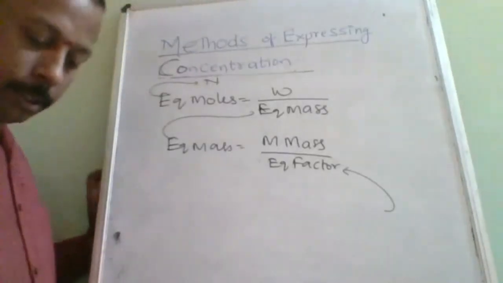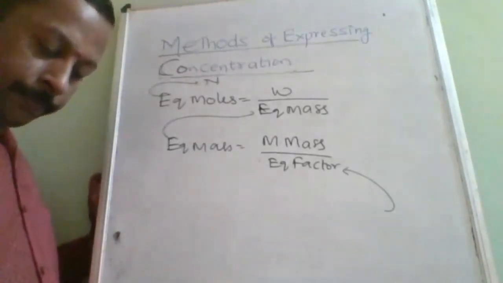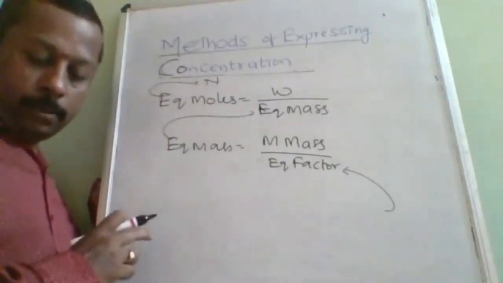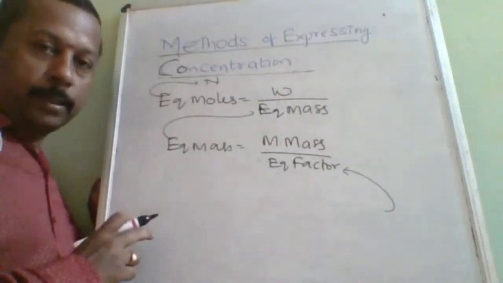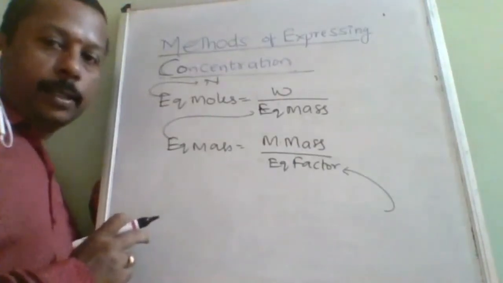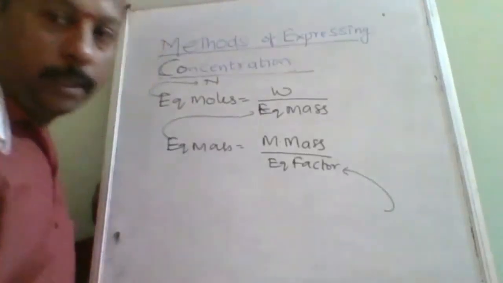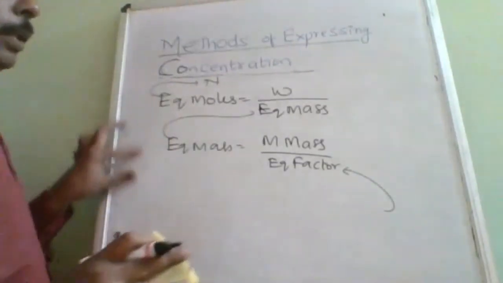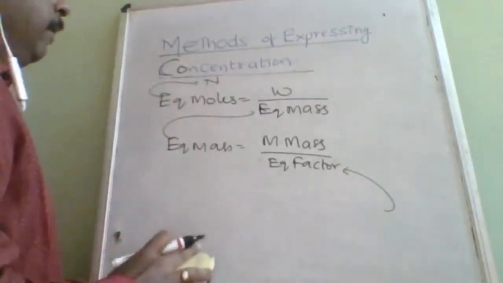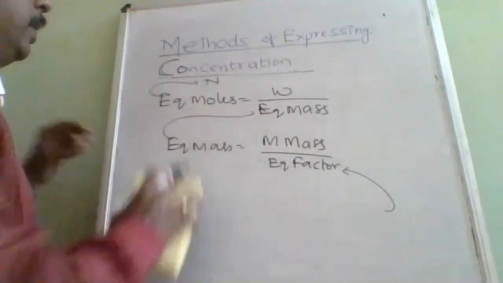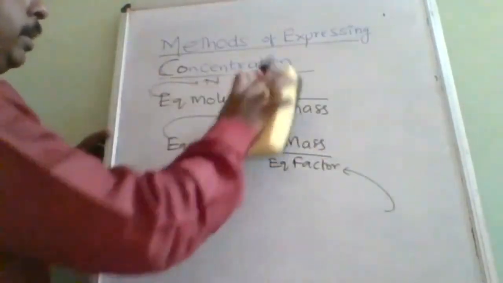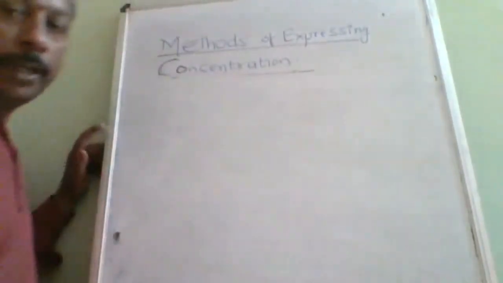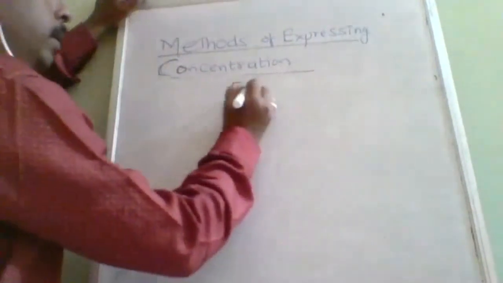Okay. But it has the advantage only in the case of electrolysis, electrochemistry. It is going to be much useful. Is it understood? Okay. What is equivalent factor? I am going to explain. Okay. Up to now, I think it is noted. Now coming to the equivalent factor. Equivalent factor itself is a tough task. After that, substituting here, here, and here is going to be very difficult. Okay. Now, how to find out the equivalent factor and what is the equivalent factor, I will explain.